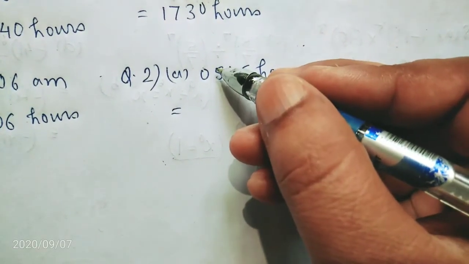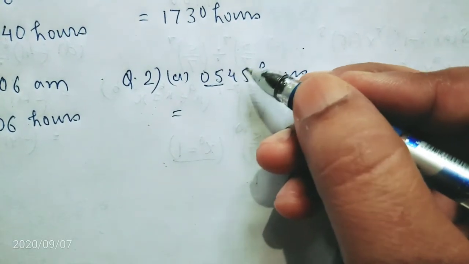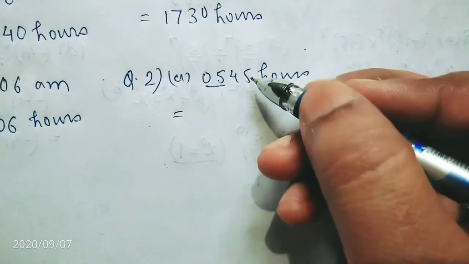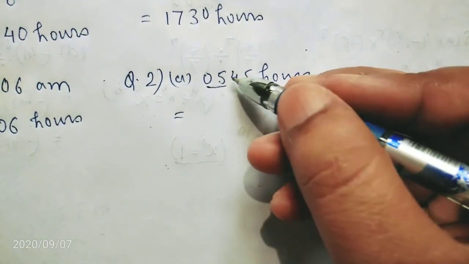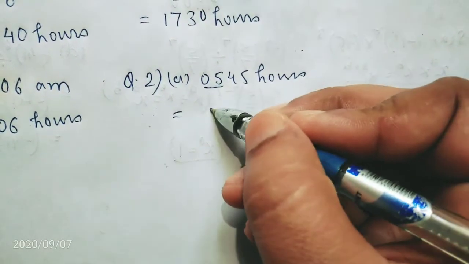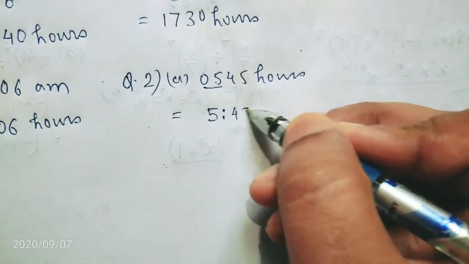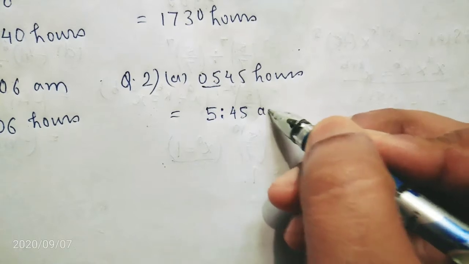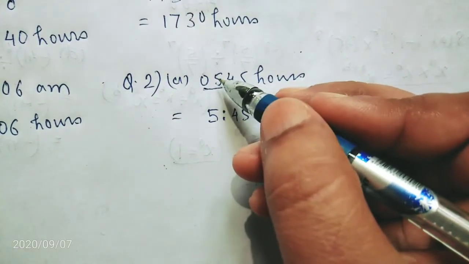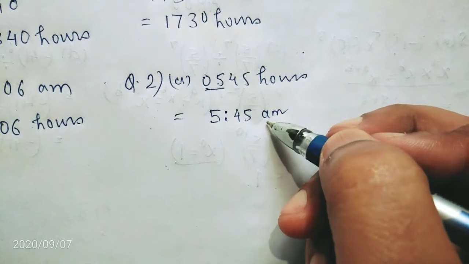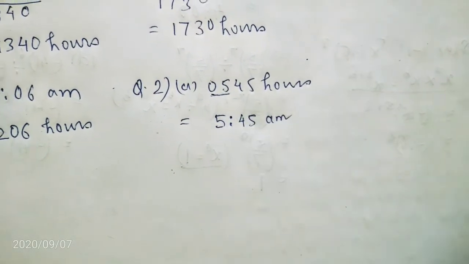When you see the first 2 digits are less than 12, then there is no need to subtract the 1200 hours. Simply write the number as it is. So you will write here 5, give the 2 dots and write 45. So it is always in AM. When the first 2 digits are less than 12, then it is always AM. Remember this, no need to do anything else, simply write it by giving the dots.